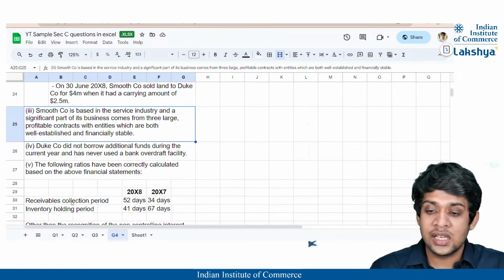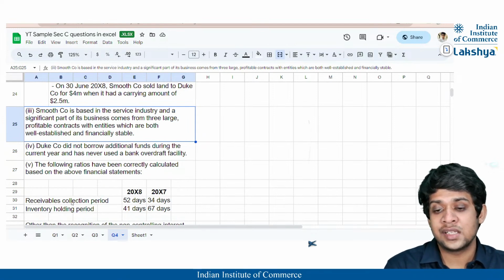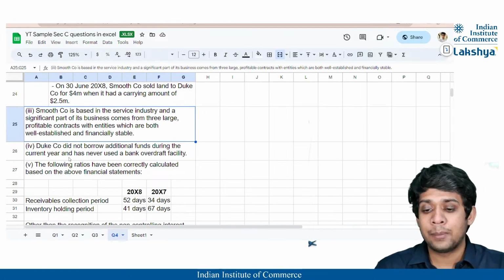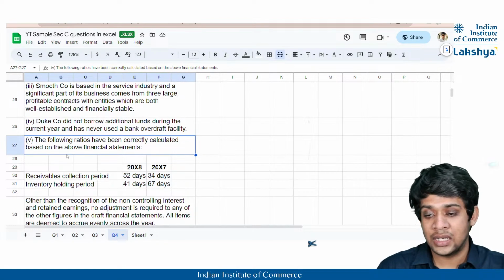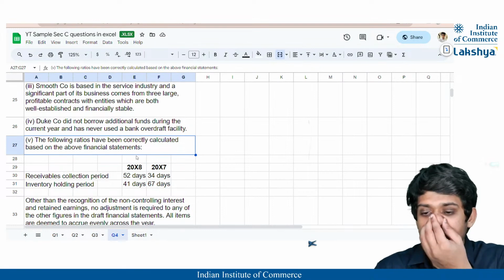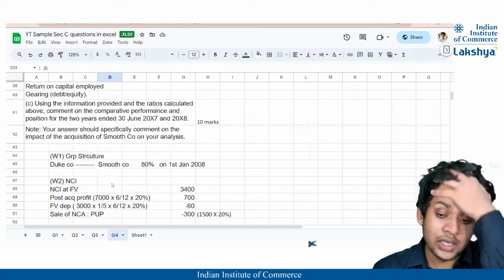फिर Smooth company is based in the service industry and significant part of its business comes from three large profitable contracts with entities which are both well established and financially stable. Duke Company ने कोई additional funds borrow नहीं किए during the current year and has never used a bank overdraft facility. The following ratios have correctly calculated based on the financial statements. मतलब receivables और inventory दिया हुआ है already, ठीक है।